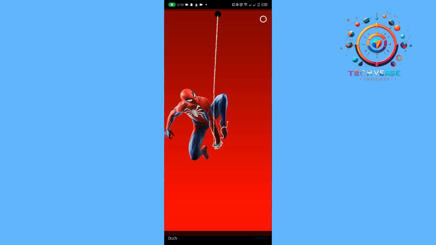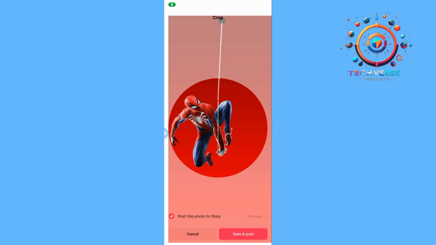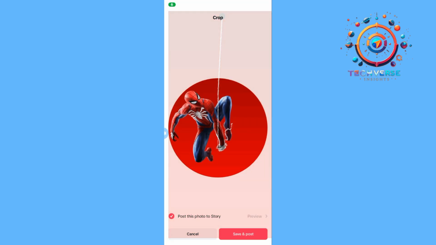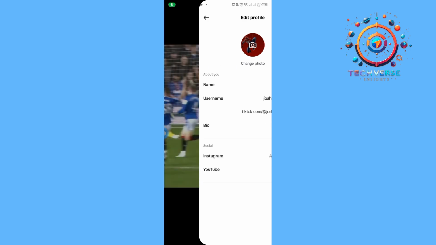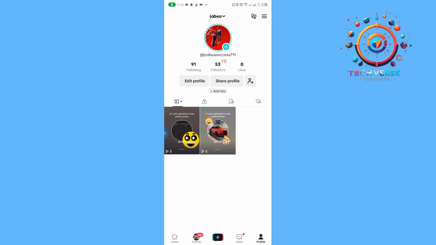Let's say this one. You're going to tap on that dot, and then you're going to tap on confirm. And there we are going to adjust our picture, and then we are going to tap on save and post. And once you have done, it will be saved as your TikTok profile. And even as we head on over back, we'll be able to see the picture that we've saved on our